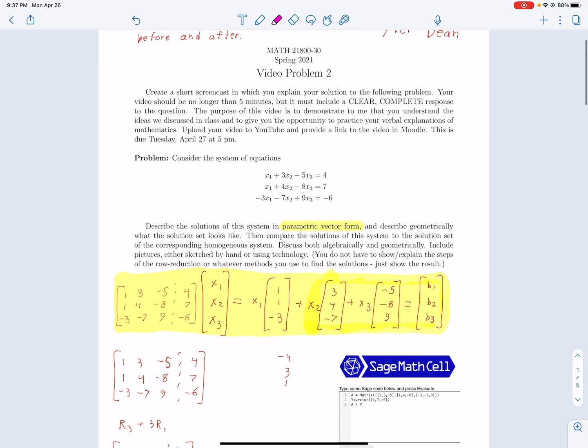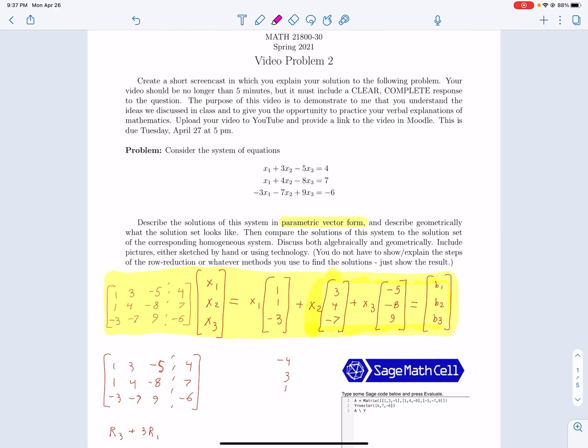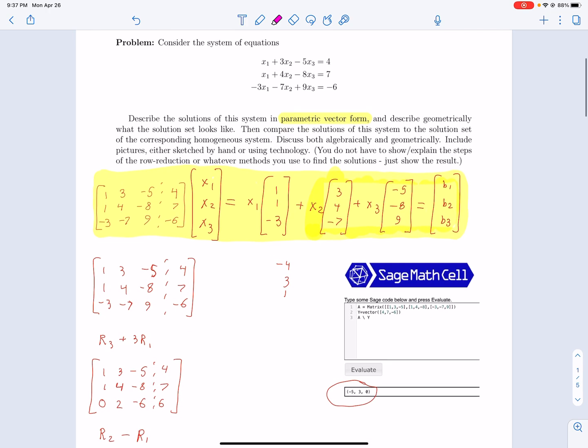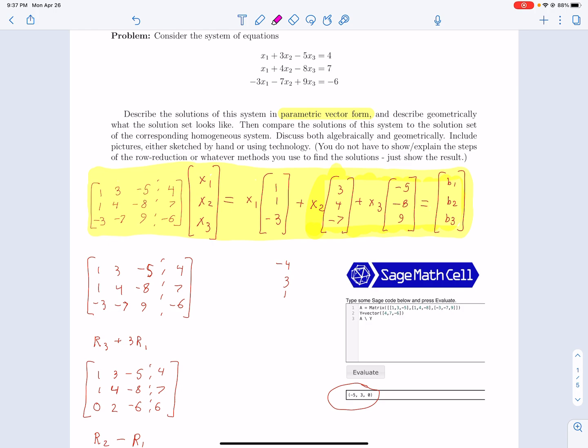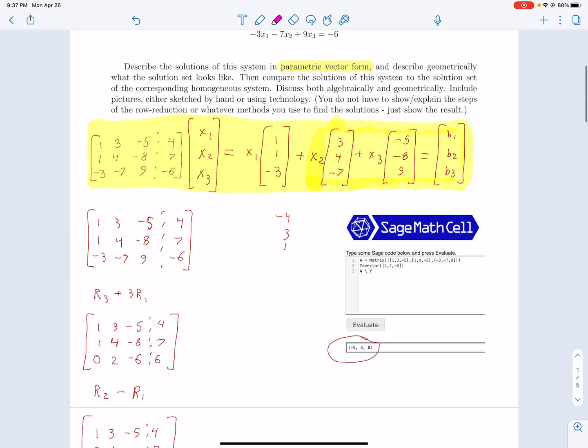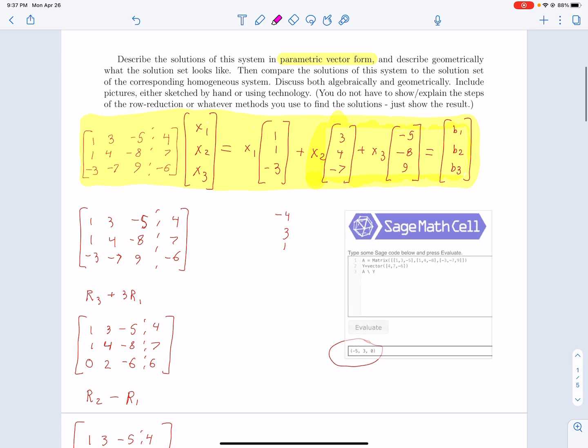So today we're looking at a system of equations, and we need to describe them in various ways, such as parametric vector form, and discuss them both algebraically and geometrically. First, as highlighted in yellow, we have our parametric vector form. As you can see, we have our matrix form with the scalars all together, and they all equal each other. So first we have to,